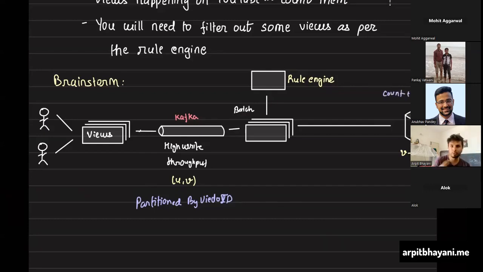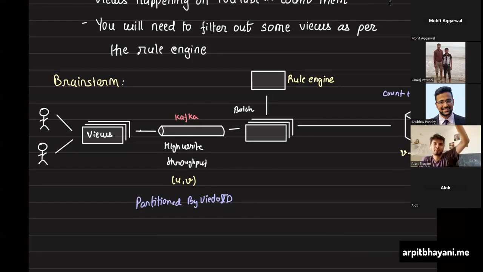Because if you do count plus plus micro writes on the database every time, your database would die a very, very brutal death. So that's where it's very important to do batch writes on your database, which means it would be ideal for you to have this Kafka partitioned by video ID. Really important for you to have that. In case it is not there, then that adapter pattern that we discussed in the social network week, you can put that adapter pattern in that place and then move forward.